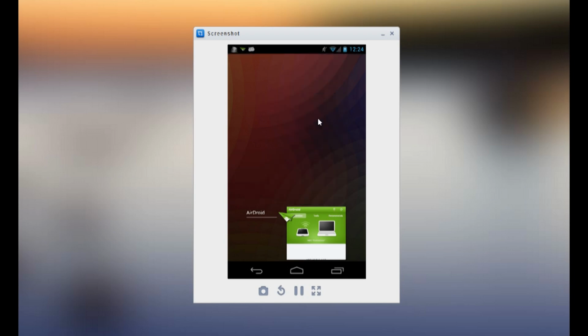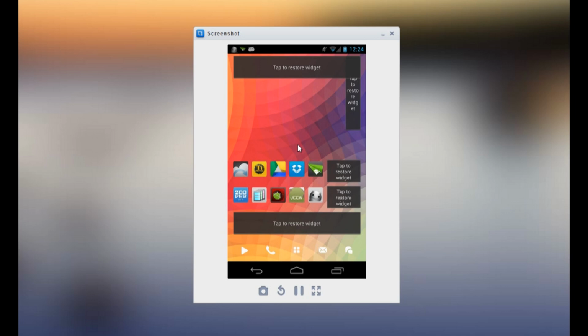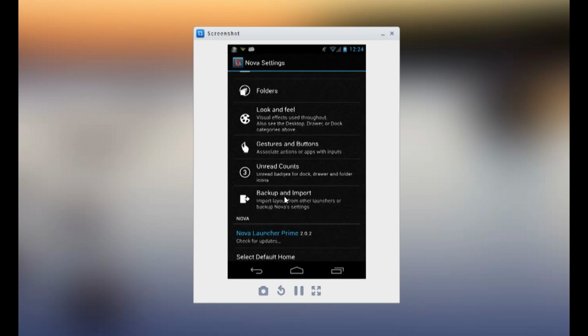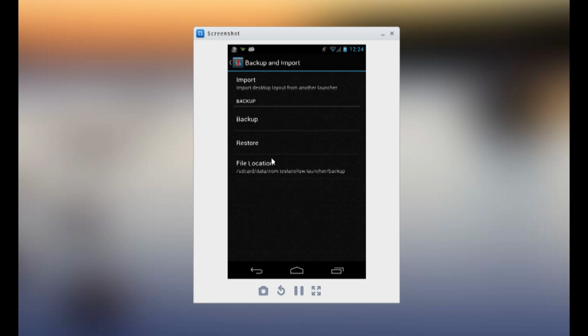And we'll leave, I've got AirDroid open here just to do my tutorial. So, okay, back to the home screen. Once we double tap on the screen, now we don't have that error message here anymore. And we just scroll down and we go to backup and import. So you click on backup and import, and then you click on restore,